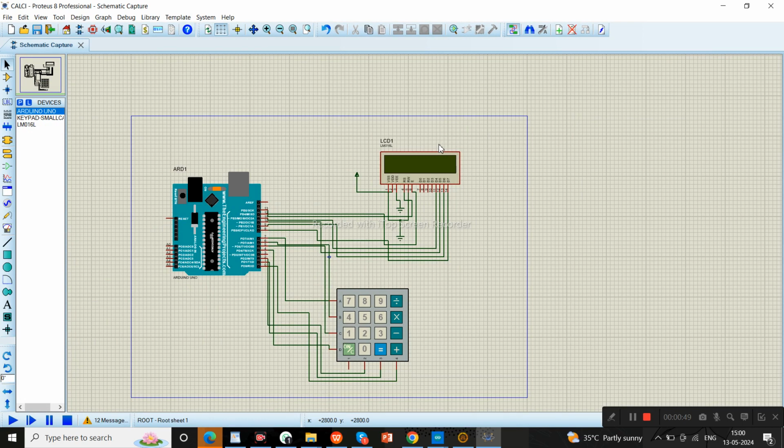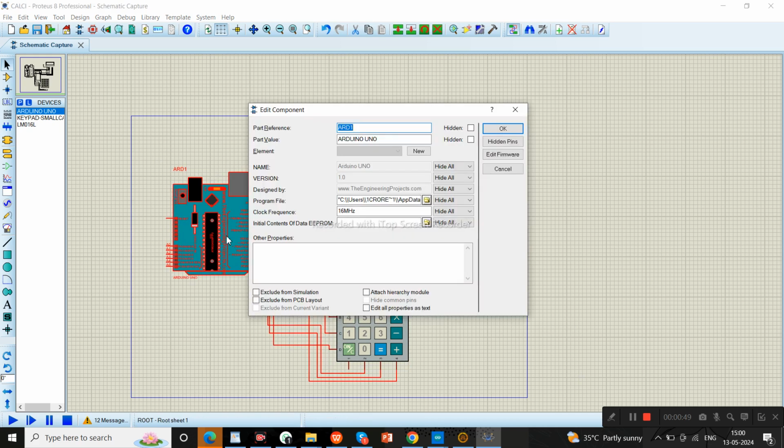In the LCD part, pins 1 and 5 we give the ground, and 2 we give the power, and 4 and 6 we give the input output pins, and D0, D4 to D7 must be connected to the Arduino board. In the programming, we already mentioned which pins the rows and columns are connected to. After these connections, we need to paste the HEX file which we copied from the Arduino IDE. So here we need to paste it,